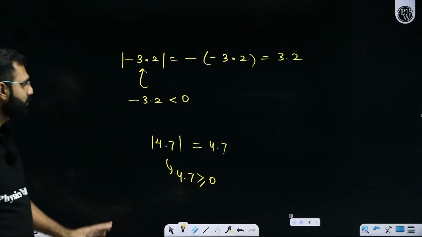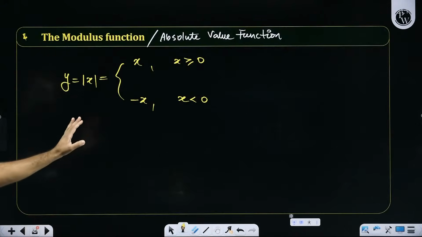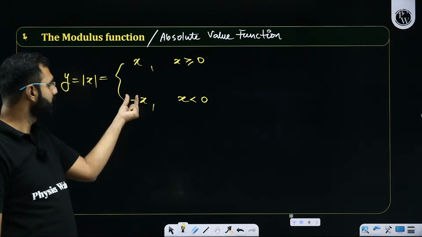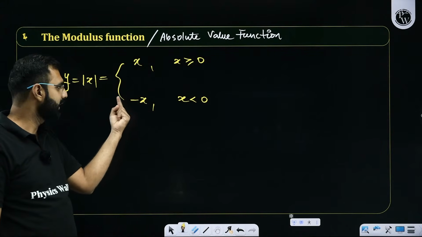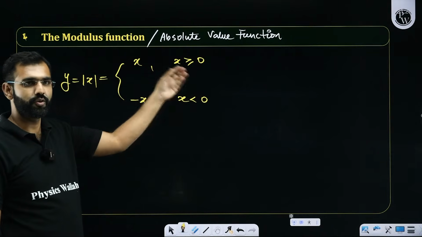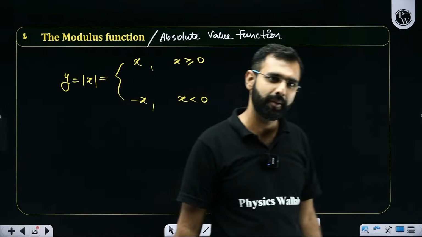So everybody understood the concept of the absolute value function. That's exactly what we are doing over here. If you're putting mod over something, and the number inside mod is negative, you put a negative on it so that it becomes positive. And if it is already non-negative, you just take the number as it is outside. Yes or no? Everybody processed it.